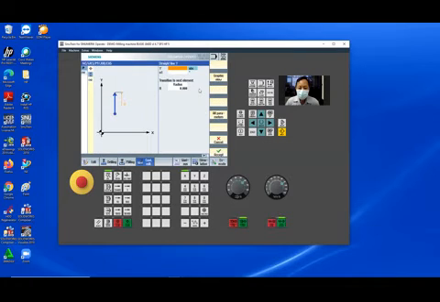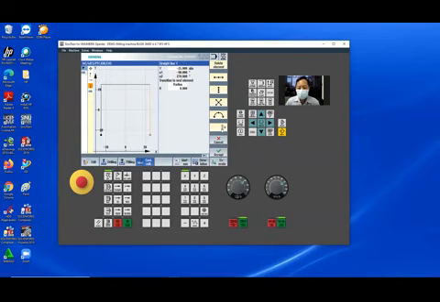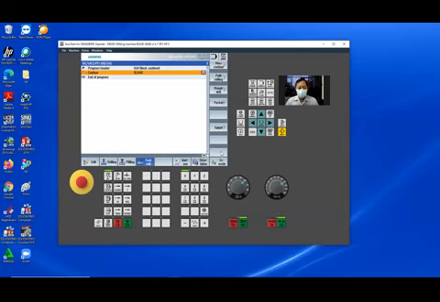Go up 25, accept. Go right 25, accept. Go down minus 25, accept. In the last stage, close contour. Okay, accept.